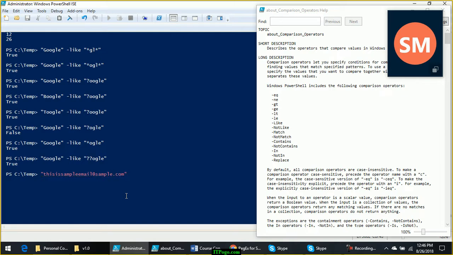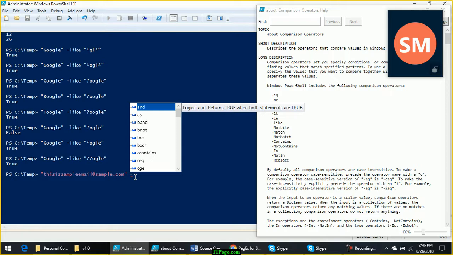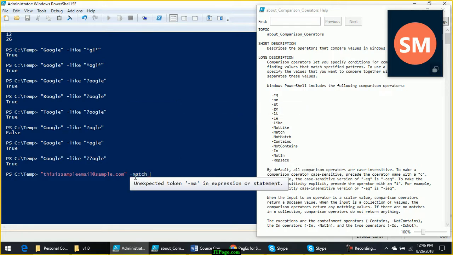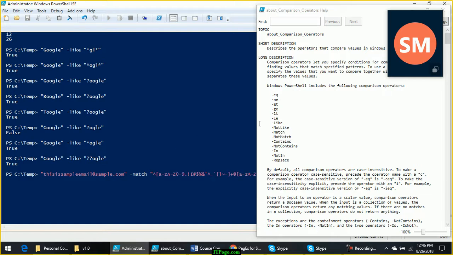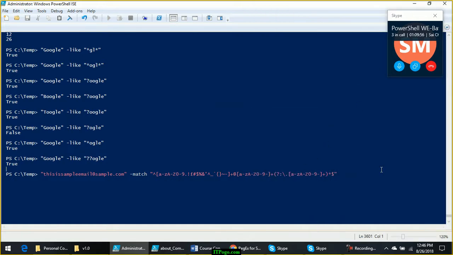Now you want to find out whether this is a valid email address or not. Now whether that email address already exists or not, that is a different story. But looking at this text, does it fit for a valid email address? Looking at the pattern, so you can use match and put that regular expression that you have found here inside double quotes.